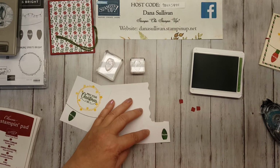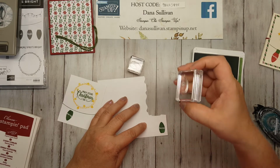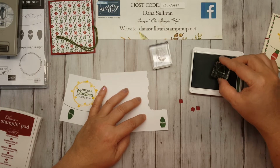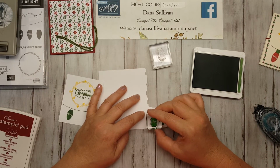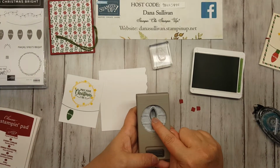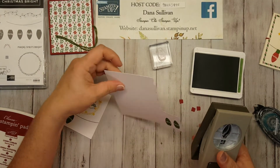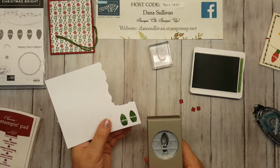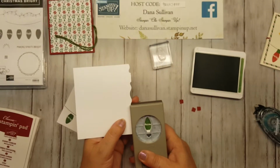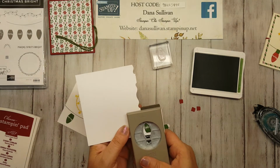So what I'm talking about is that I'm kind of mumbling to myself. Let's see, Merry and Bright. Oops, get some more color on there. There we go. What I'm talking about is the direction of the punch. As you can see here, the bulb is pointed upward. And so if I want to use as little of the paper as possible, I need the stamped image to be the same direction. So this way I can just line it up here and give it a punch, and then line it up here